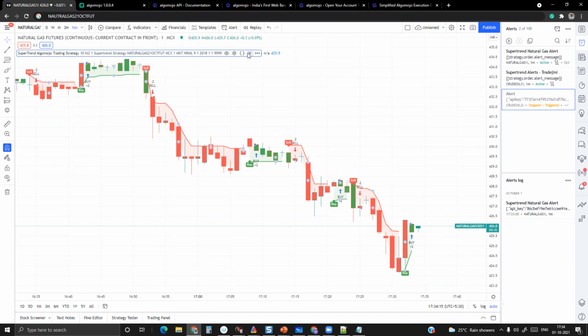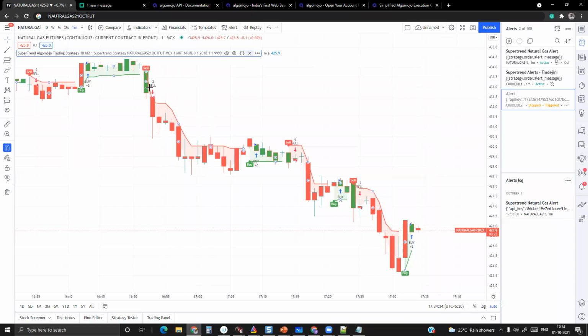So I'm going to take some other strategy. I hope now you understand how to connect this super trend strategy to transmit orders to AlgoMojo. It is not a complicated job at all. But if you know a little bit of coding, or even without coding knowledge, how can I connect my own trading strategy? This is a question many traders ask. So let me address that question here.